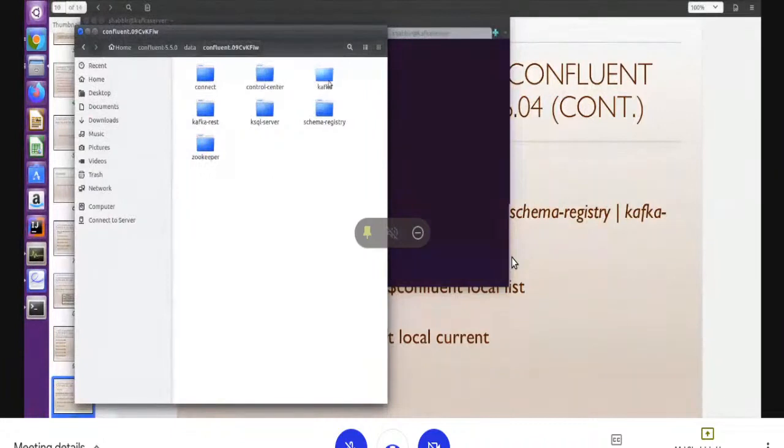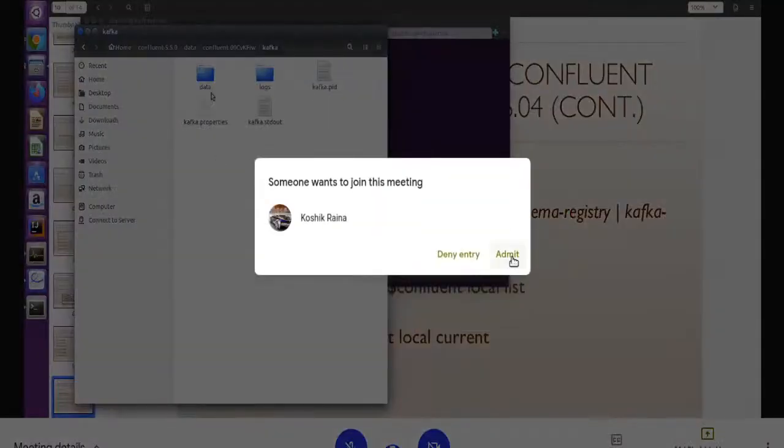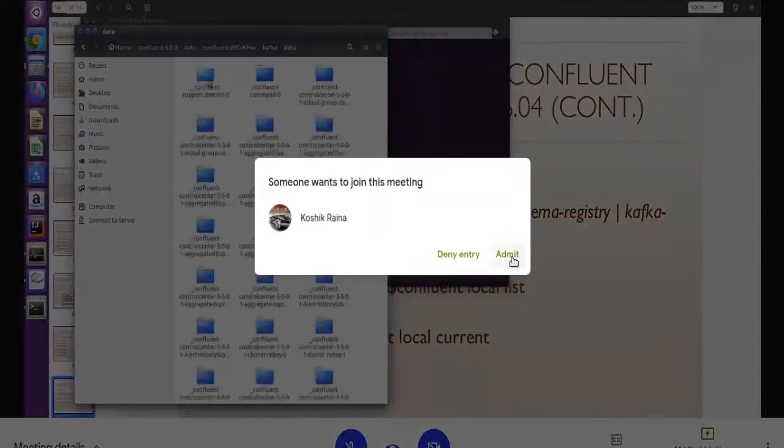Yesterday I was creating only Kafka and Zookeeper folders. So Confluent automates this. We don't need to manually create the folders inside the data folder. We just have the path up to the folder in the Confluent current environment variables. All the data for Kafka is stored in the Kafka folder. You can see here in Kafka again we have data folders, and this is how Confluent manages your data on the disk internally.